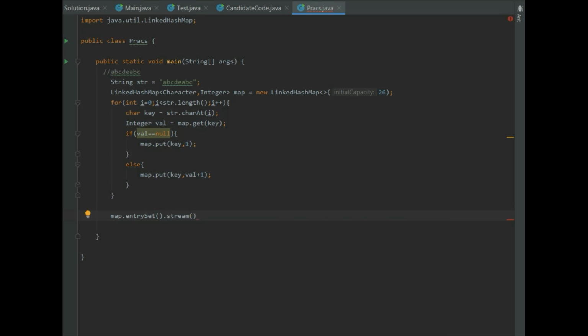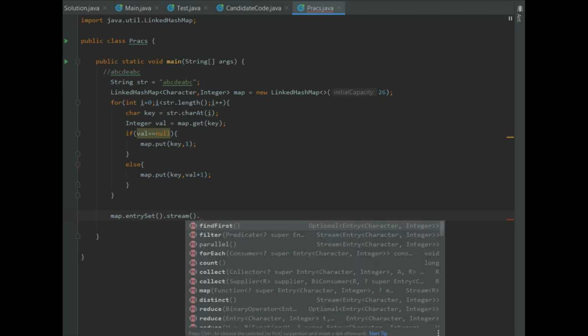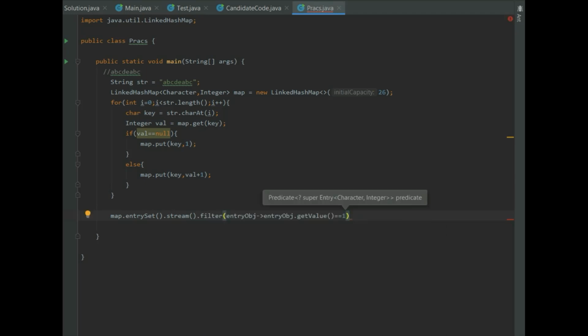I will stream through each and every entry present in the map, that is each key value pair present in the map. And then I'll make use of a filter function. The filter function will take each entry object, and from the entry object it will get the value. The entry object basically consists of a key value pair, so it will get the value from that entry object and check if that value is 1 or not.